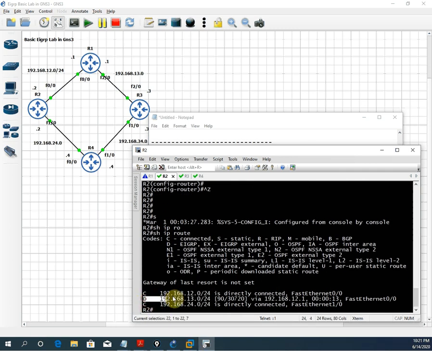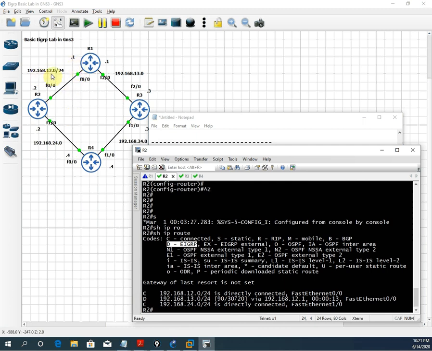See the D; if you want to know what D means, you can check in the description. D stands for EIGRP. So in this router, R2 is getting a route. Which route is it getting? 192.168.13.0. If any packet wants to go to 192.168.13.0, meaning this network, this interface, R2 knows that it should just send the packet to 192.168.12.1.